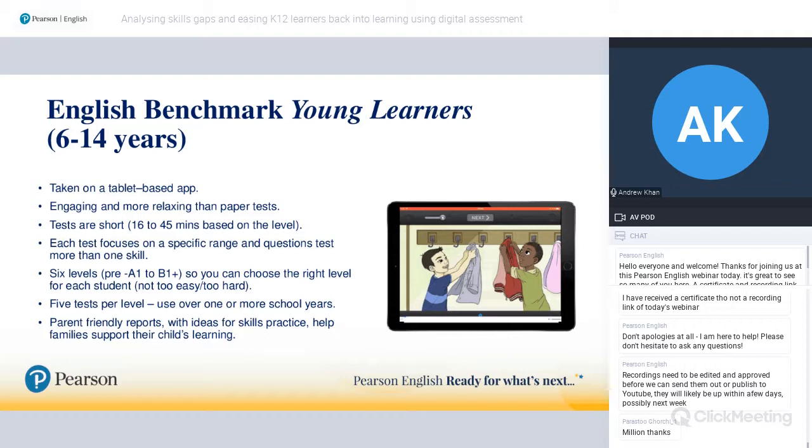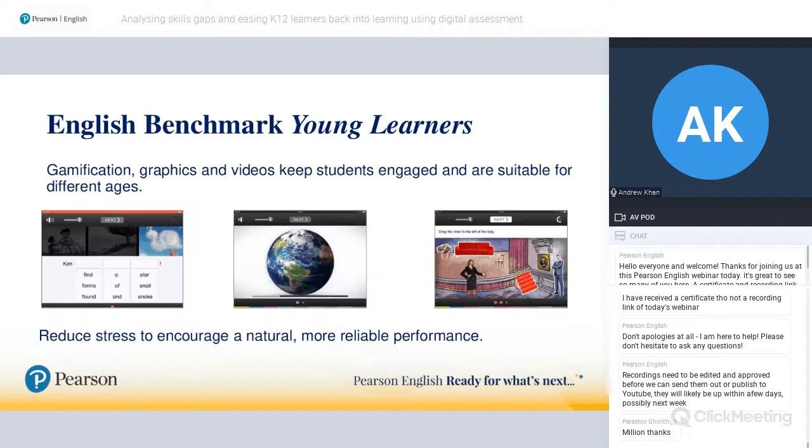And that's something that's really valuable. As we said, particularly when parents have to pay money for courses, perhaps they want to know the value of those courses, the value of their investment in their child learning English. This is something that shows that very, very simply. And again, as I mentioned, try to make it fun.